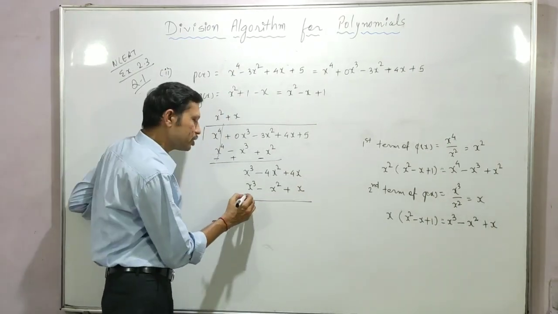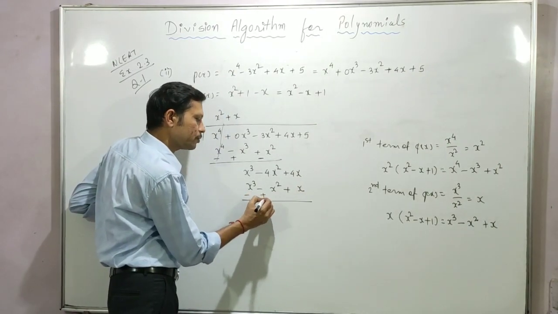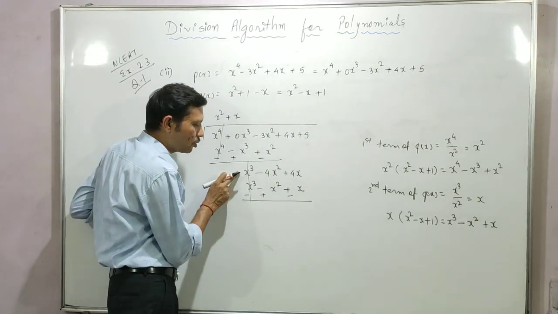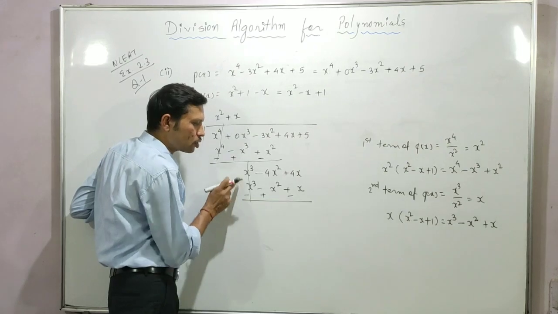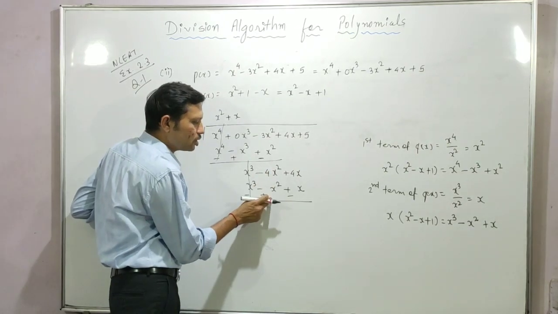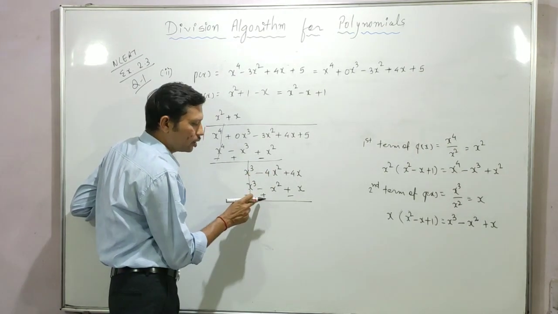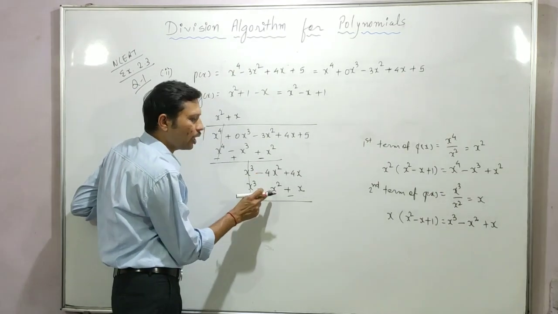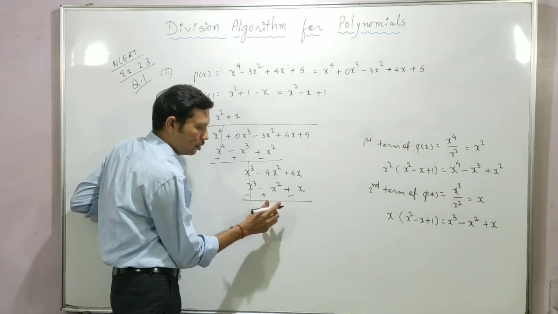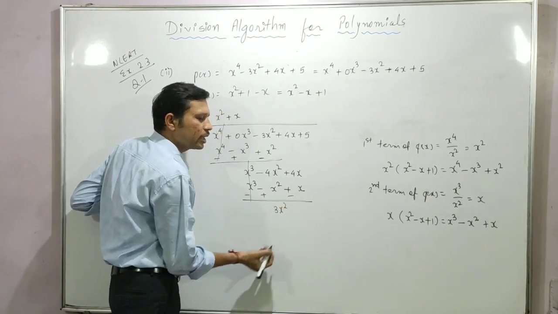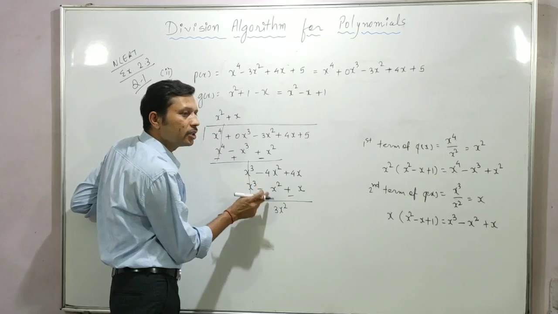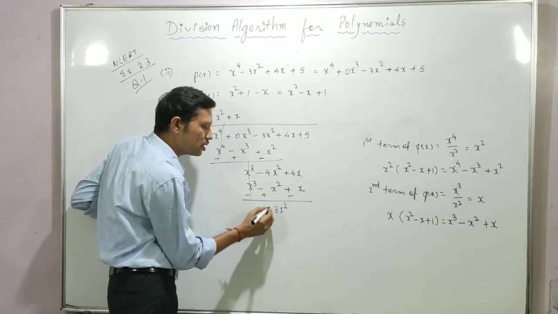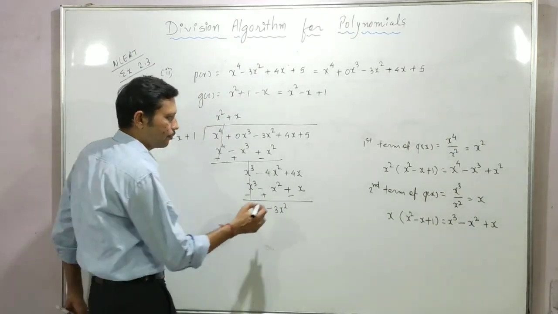The sign of all the terms will be changed. Plus becomes minus, minus becomes plus, and plus becomes minus. So this will be cancelled out because this one is positive, this one is negative, so subtracted. These two are like terms, but this term has the minus sign and this term has the plus sign, so it will be subtracted. So from the 4x square I will subtract the 1x square, so 3x square is left, and the sign of the greater term in the subtraction. From these two, 4x square is greater and this one is negative, so the sign is negative.